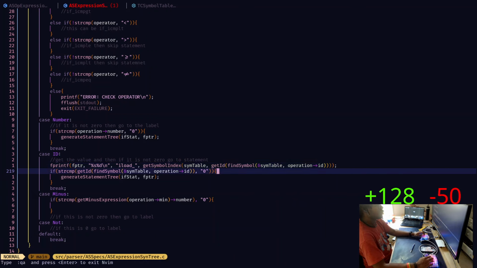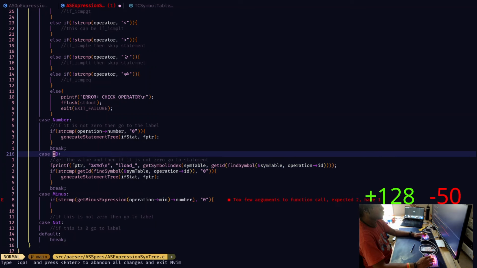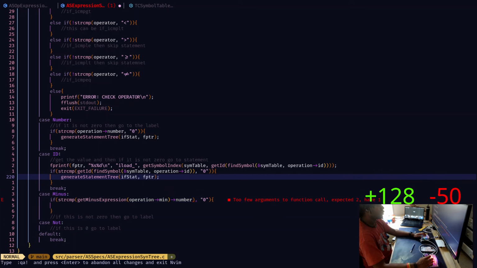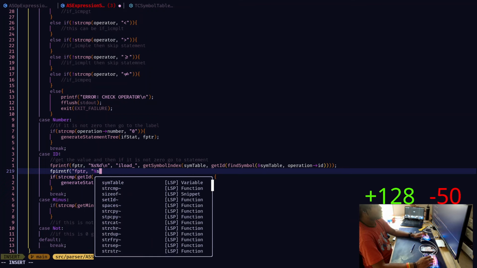Okay. Now what's this next one? Oh yeah, I was done with that. So we print iLoad, and then let's load a 0.